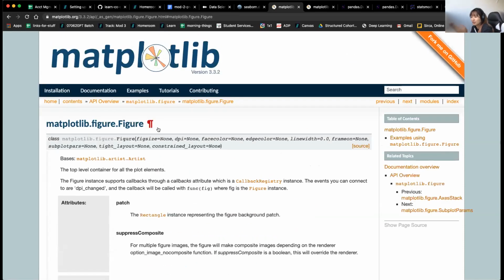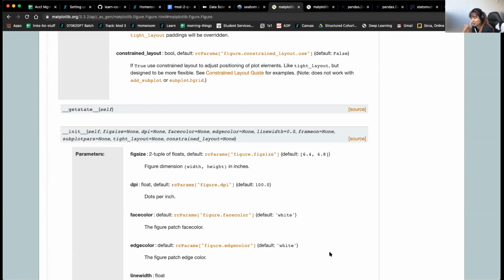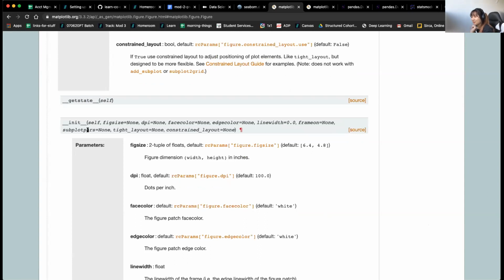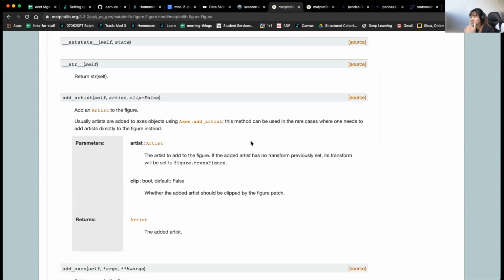So I'm looking at the figure documentation here. Whenever you see a self argument, one, you don't have to give it, you don't actually have to say self equals whatever. It automatically knows because of the way object-oriented programming works. And we will talk about that in actually a couple months. But also it's usually attributes of the object. And in this case, the object is the figure that you're instantiating. I don't know if I said just a bunch more words that made things more confusing. But yeah, so here, as you can see,